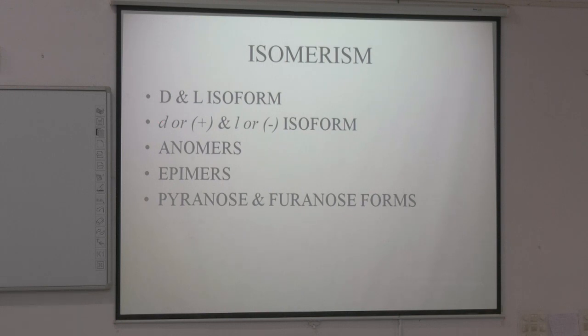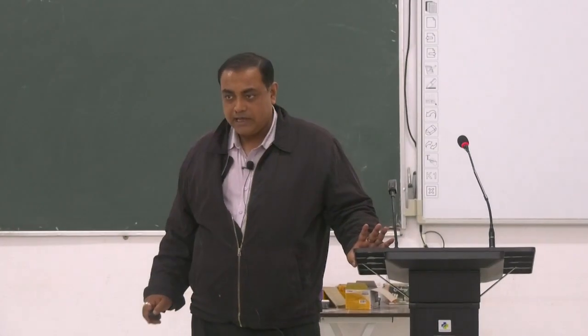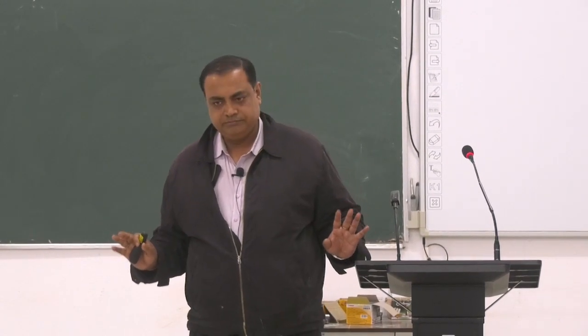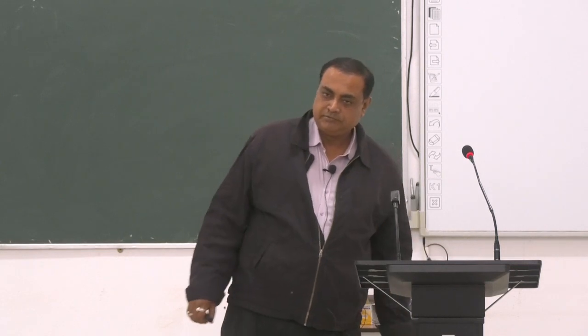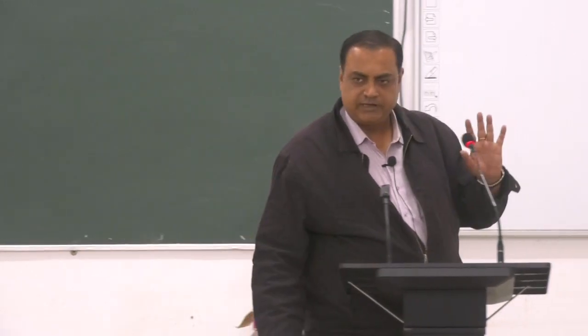Sit down. Dextro what comes from this D, small d. Levo what comes from this L, small l. What is the spelling of dextro? D-E-X-T-R-O. What is the spelling of levo? L-E-V-O or L-A-E-V-O. Both are correct. Like hemoglobin, it may be HAE, it may be HEMO. Fine? Both are correct. So, dextro and levo, that depends on